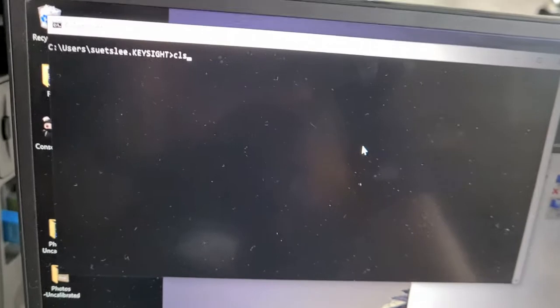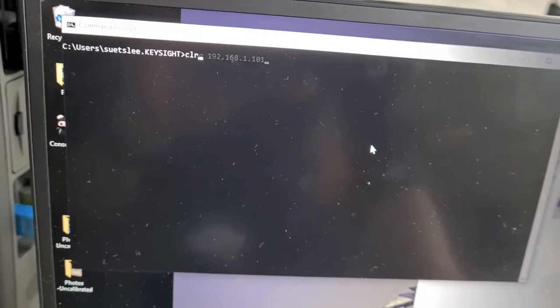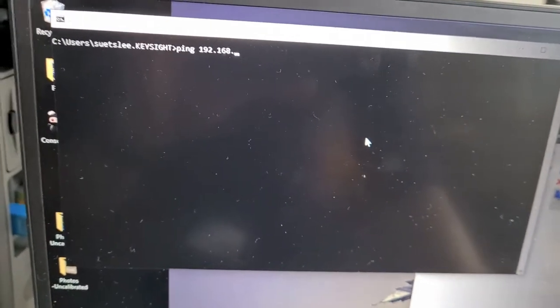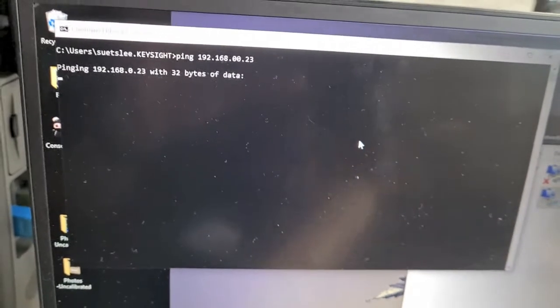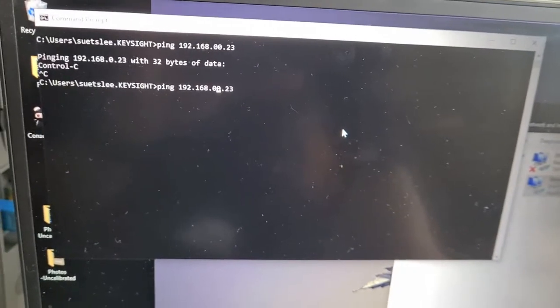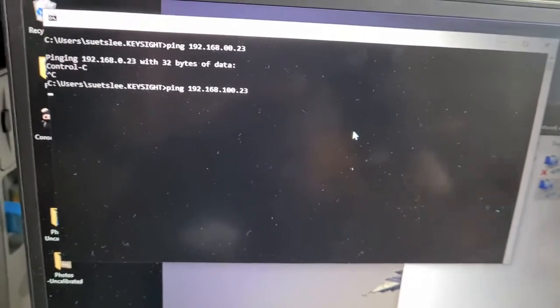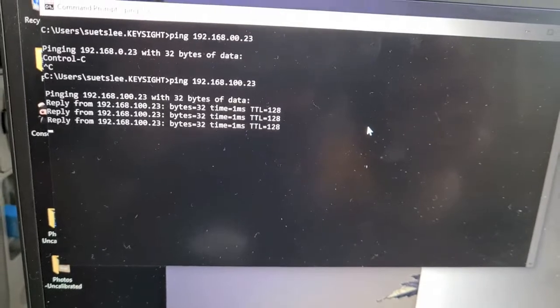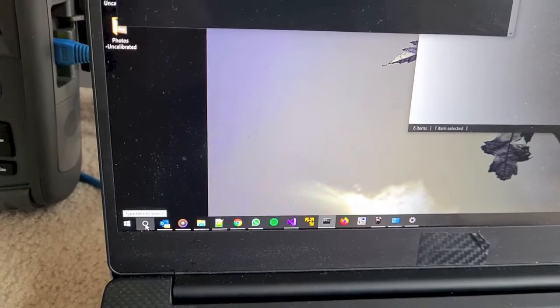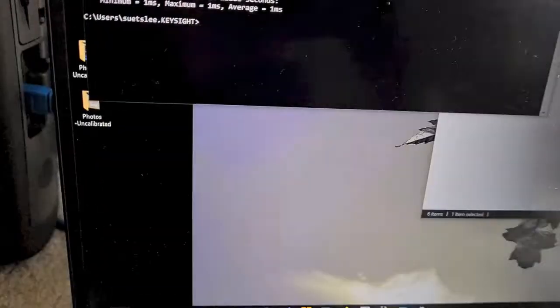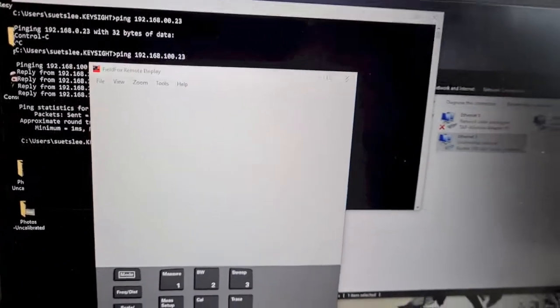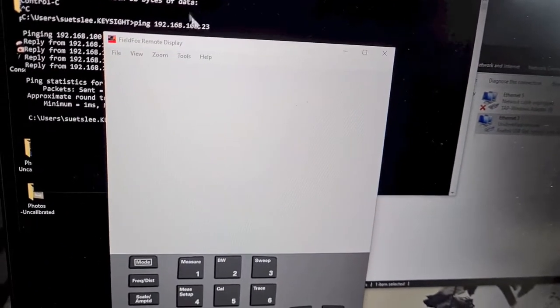Okay, in the command prompt, let's ping 192.168.100.23. Sorry, I'm missing the 100.23. So as you can see, that's the connection, and if you're happy with that, you can do wonders after that. So for this instance, I'll call up the remote display for FieldFox, and just go to File,